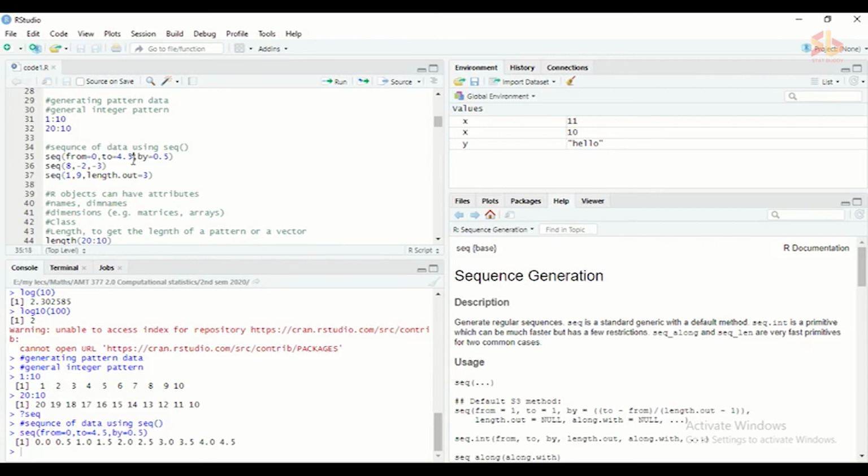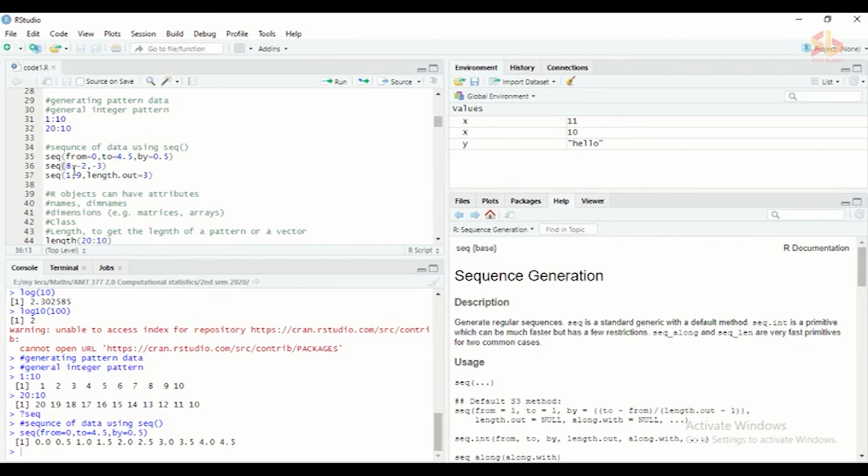This can be the exact end point, or the nearest highest value to the endpoint of this sequence, which means if our increment doesn't give the exact endpoint, then it will return the value in the sequence which is closest to the endpoint that we emphasized in our function by this argument. You can see that in this case.